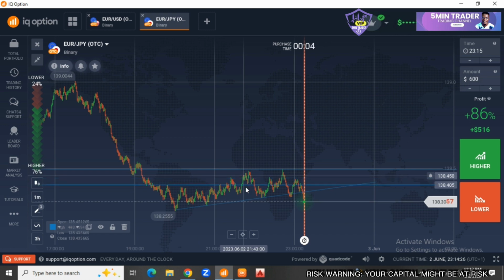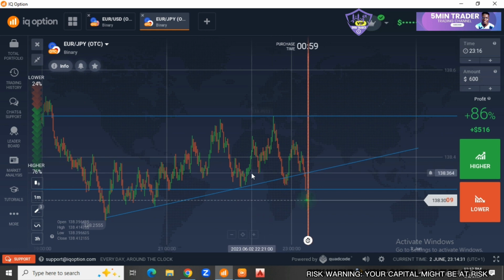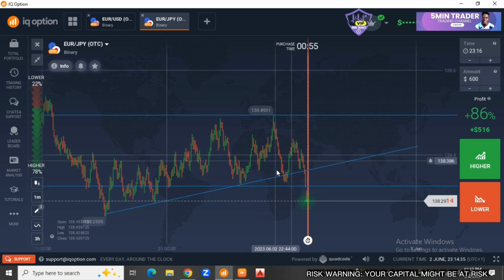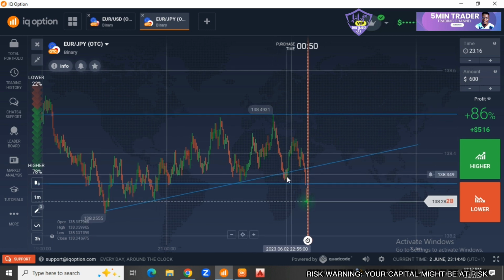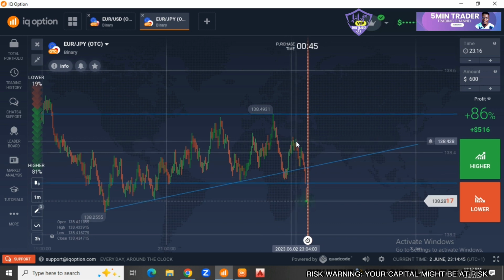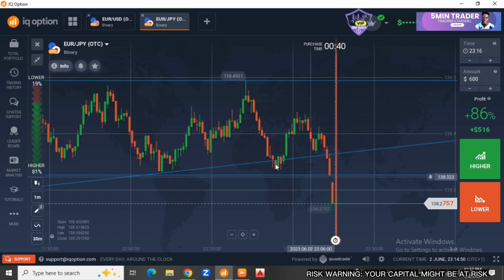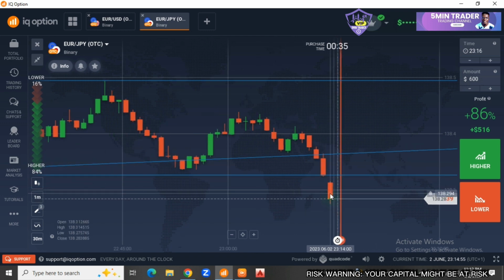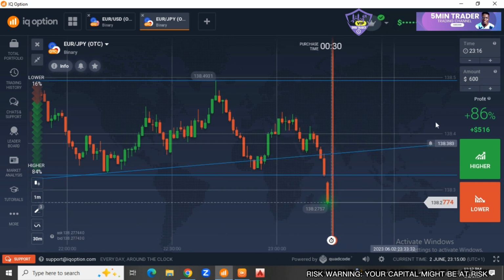So I'm sure this consolidation phase is over, because you can see that the market came down. It created a high, and this was a new high. It was unable to create a new low here. It was now unable to create a new high here, and you can see that this is a higher low swing that has now been broken by the market over here. And you can see that the pattern of the market has now changed. So I'm looking to